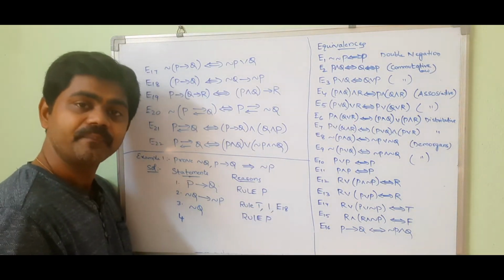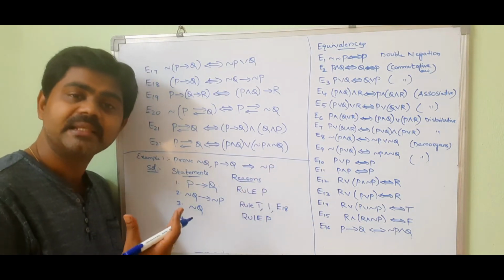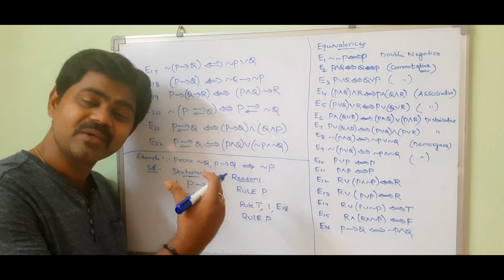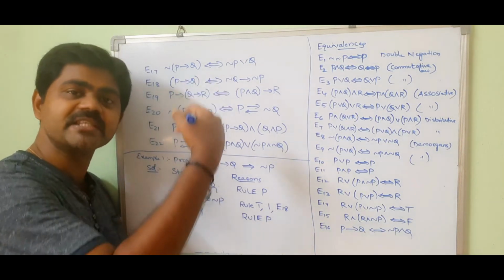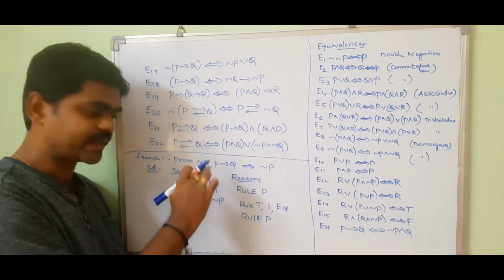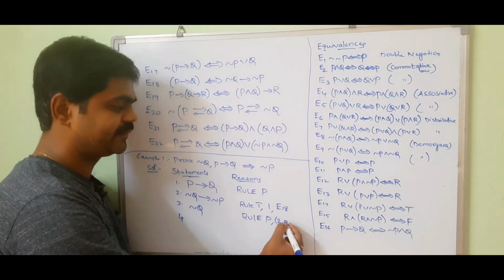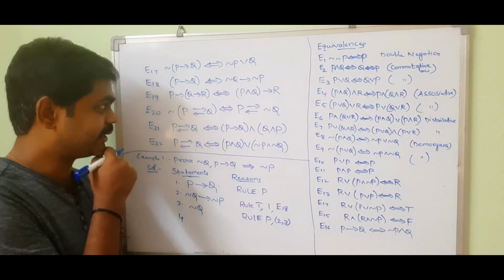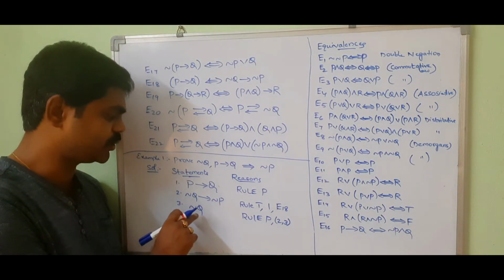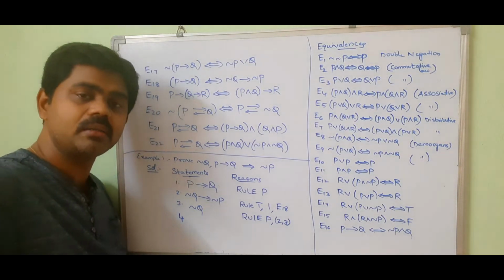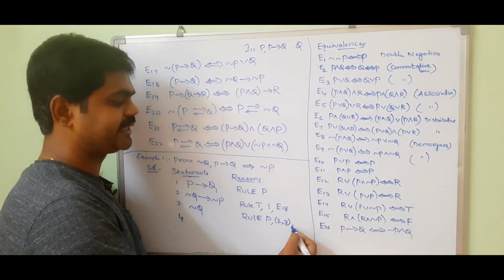Now in order to get negation P, I will use rule T. What is rule T? While you are working at the current position, you can use the previous ones. So these are all previous ones. So I will use 2 and 3. So rule P comma 2 comma 3, and I have negation Q tends to negation P, negation Q, and I have a rule called I11. So rule P comma 2 comma 3 and I11.